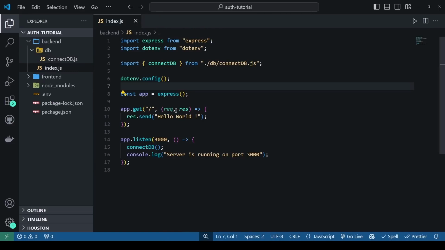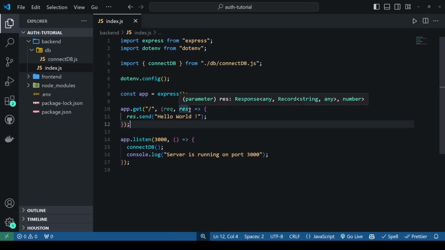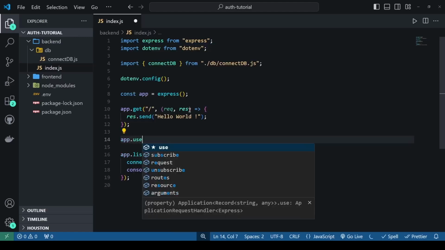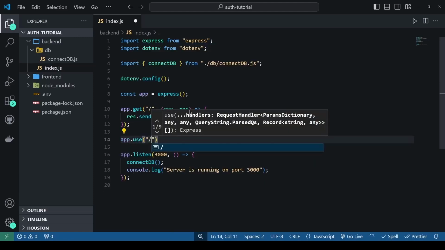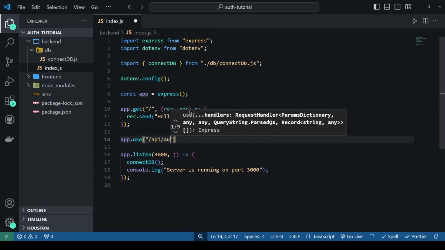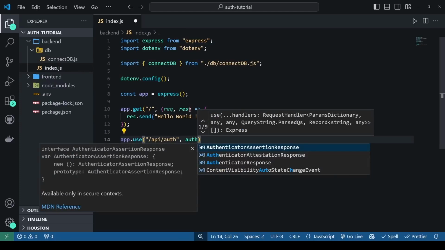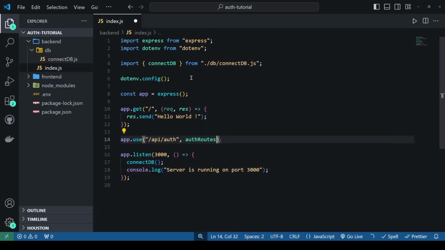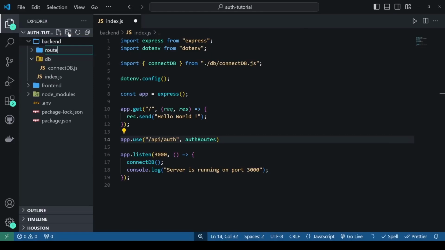I think the next step would be to create the authentication routes. So let's just handle that as well. Instead of just a hello page, let's create a route. So I'll just say app.use and let's say /api/auth. And in this case, we'd like to just see the auth routes, which is going to be a file that we'll create. So let's go under the backend, first create a routes folder, and here I'll just say